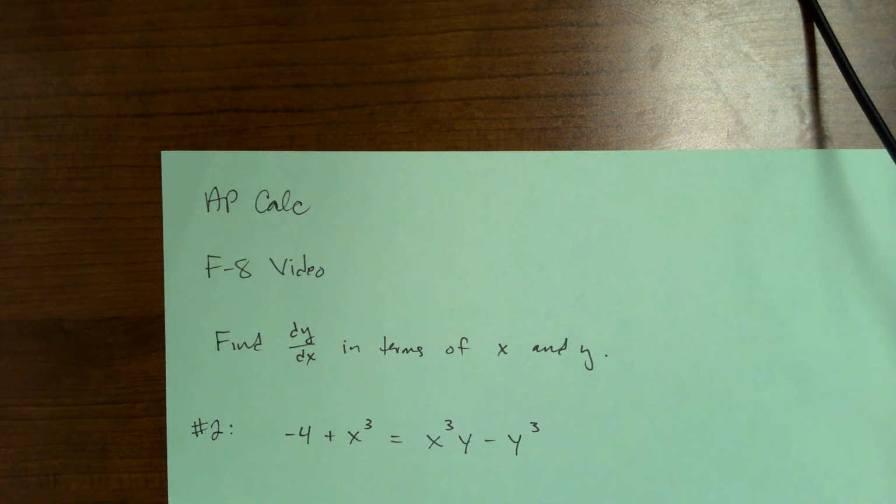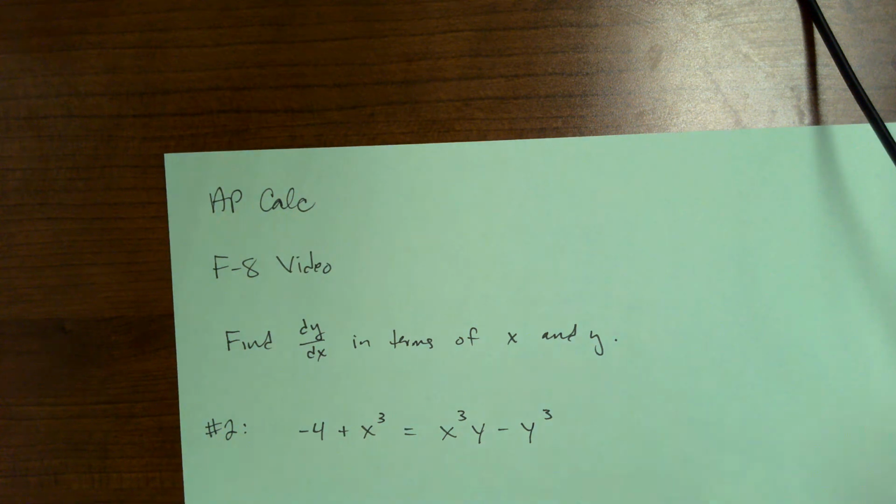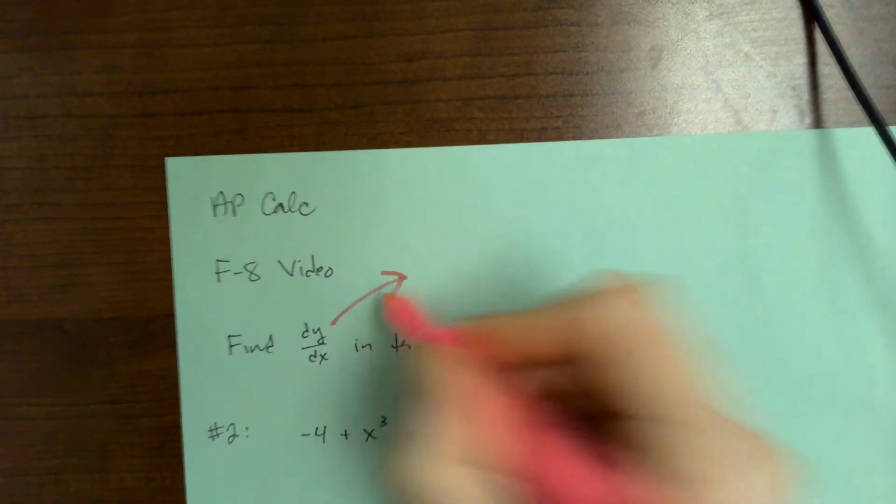Okay, so here's F8. This will go faster. So they're asking you this time to find dy dx in terms of x and y. So since here they're asking us to find dy dx, they are implying,